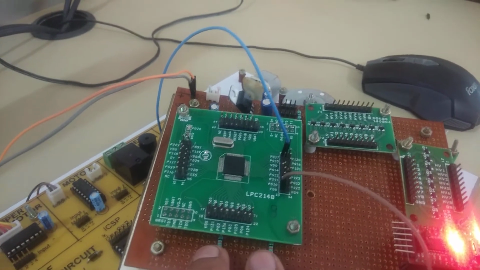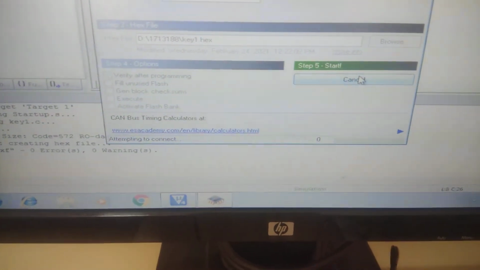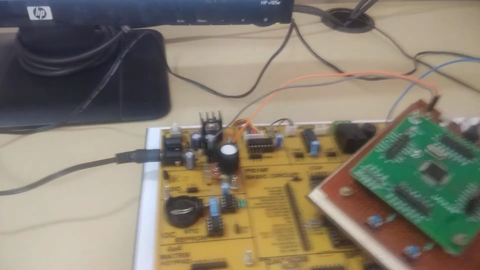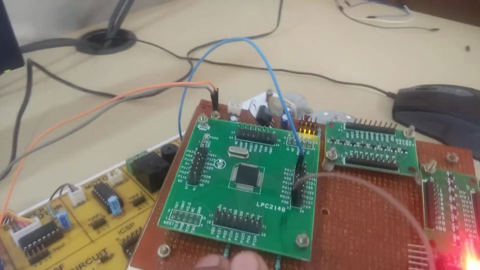You just do the procedure again. Sorry, it's not that your system is off, that is why it shows the error. I'm just switching it on. Again I'm going to do the procedure.